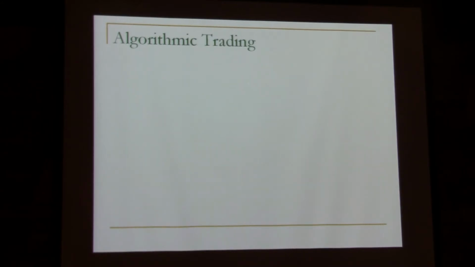Okay, the next thing I'm going to talk about is that electronic trading is one thing, but algorithmic trading is something else. Electronic trading is something like you go to your E-Trade account, you submit a buy order, it gets to NASDAQ and comes back. That's kind of electronic trading. But algorithmic trading is something that is not done by humans. It's done by computer. So it's also known as algo or black box trading. It's like the computer is like a black box.